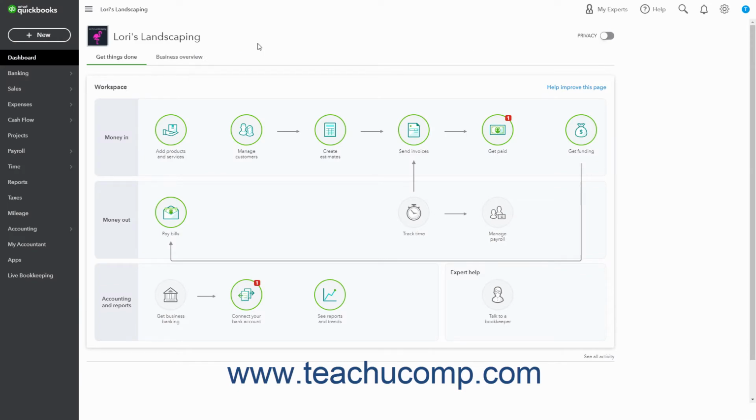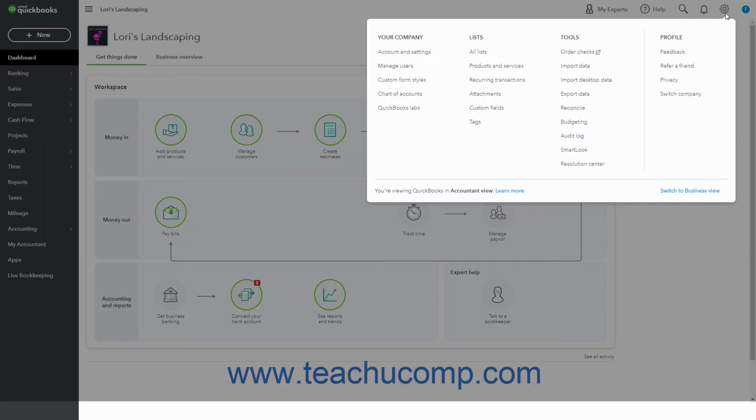Credit card accounts track the balances of business credit cards. You should create a credit card account in QuickBooks Online for each business credit card account. To create a credit card account in QuickBooks Online, click the Settings button in the QuickBooks Online toolbar. Then click the Chart of Accounts link under the Your Company heading in the menu that appears to open the